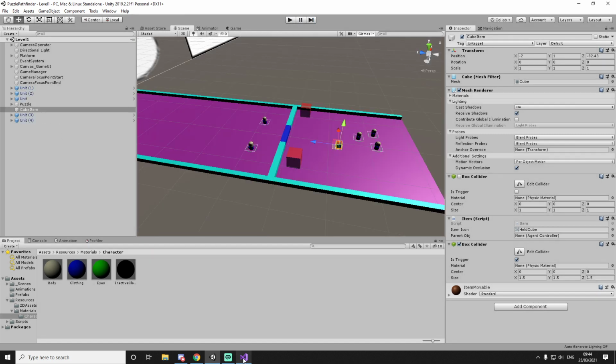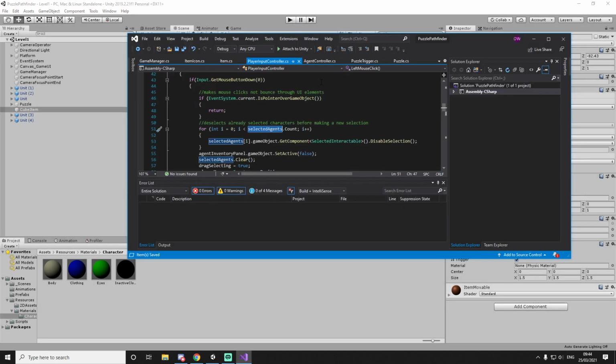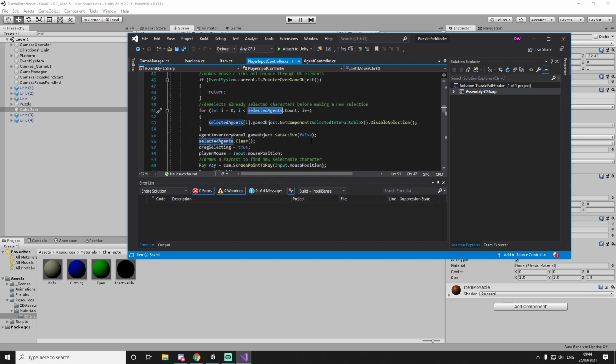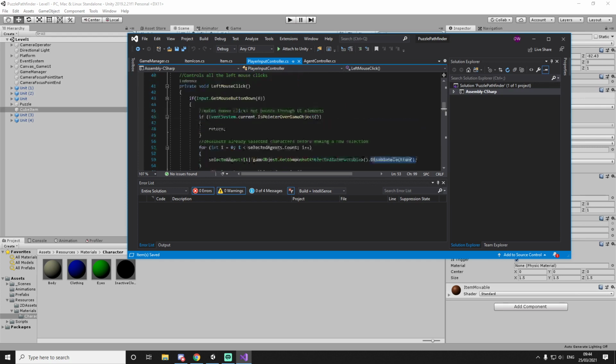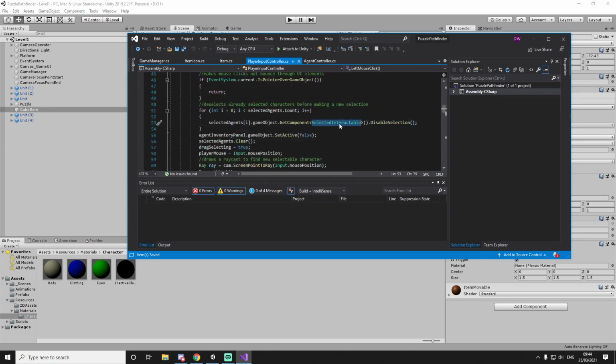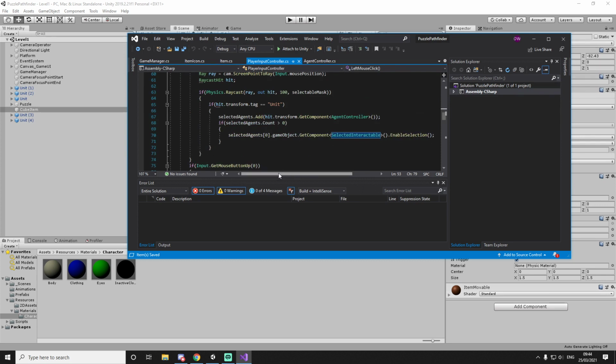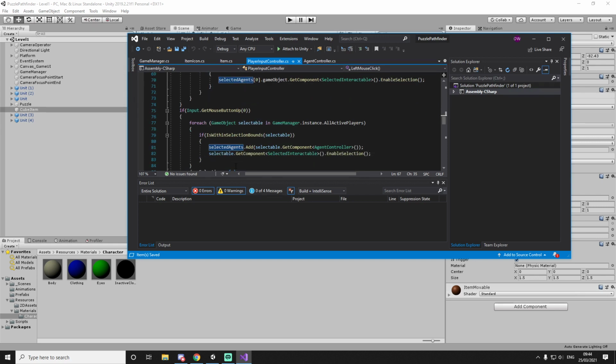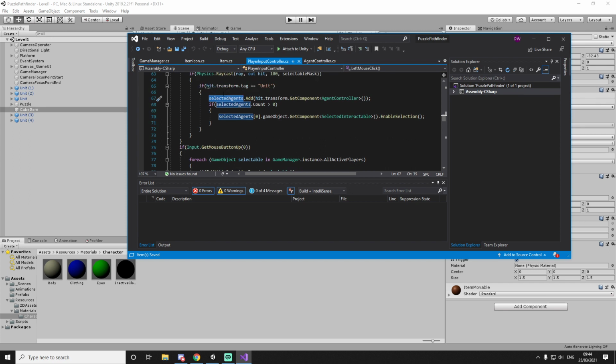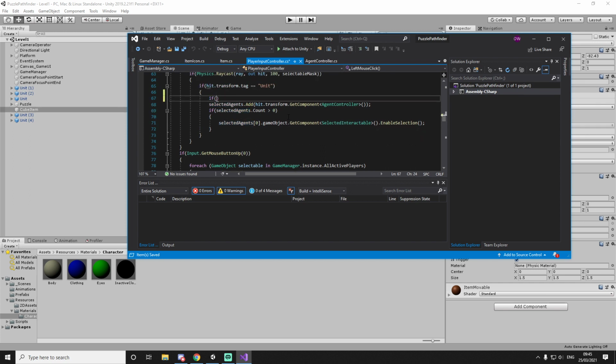So now let's move on to the deselecting process, which will prevent the units from being selected when they're not clicked on. Where are we? So this is where we deselect. Where do we select them? Oh, okay. So this is where we add our selected. Those are the two functions where we add our object. So all we have to do here is a quick if check. So if our selected agent,